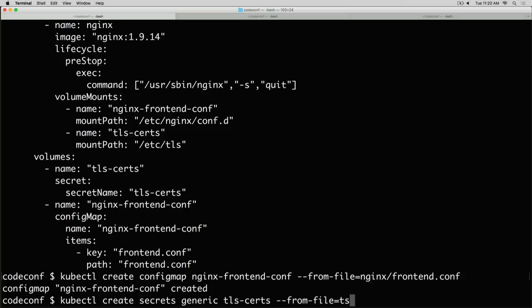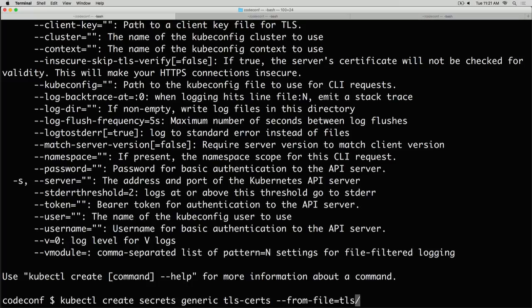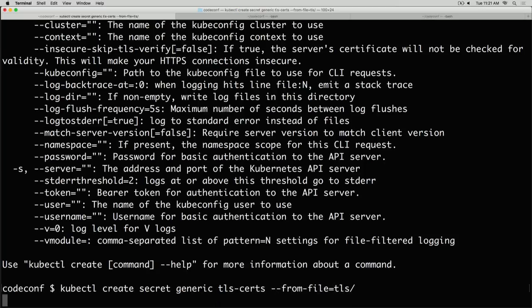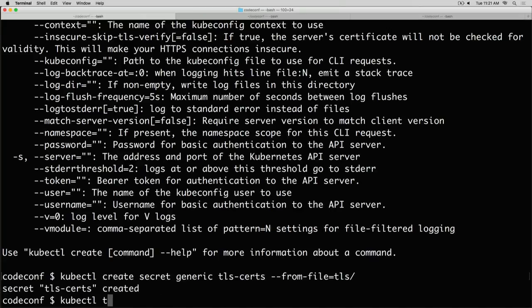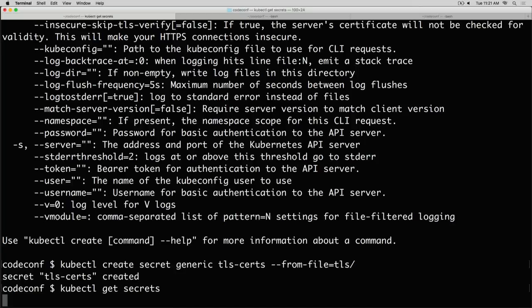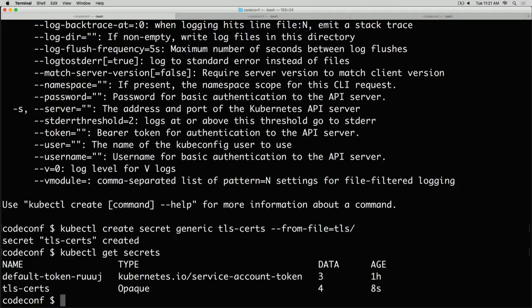All right, so this will be TLS. What did I do wrong? Secret doesn't need an S. All right, so now I have my secrets and my configuration files. These things are now sitting there ready to be referenced by my application.